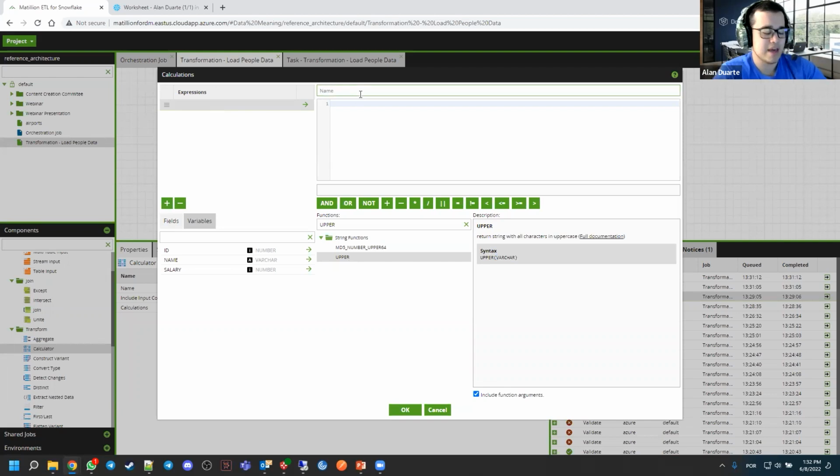I'm going to name it name upper, using the upper function, and I'm going to drag the name from the source. I just click twice and it comes here as the field with double quotes. So basically, I'm creating a new field called name upper, and the expression within this field is the upper and the name itself. I'm just uppercasing this field and dragging it to another column called name upper. So if we hit OK here,